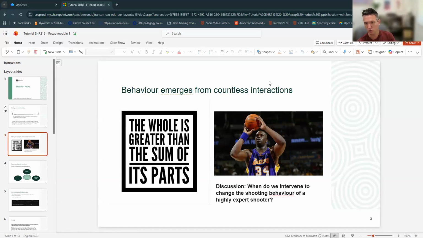So you've raised a few good points here. First of all, I don't know if you noticed yourself doing it, but you moved away from linear reductionist thinking. A linear way of thinking would be to say, well, the one thing that determines whether your shot goes in or not is the technique. It's the coordination pattern you use to shoot. But of course, there's much more to that, right?